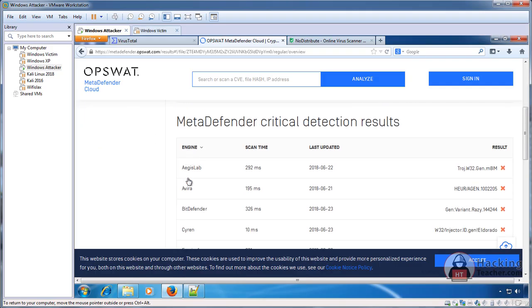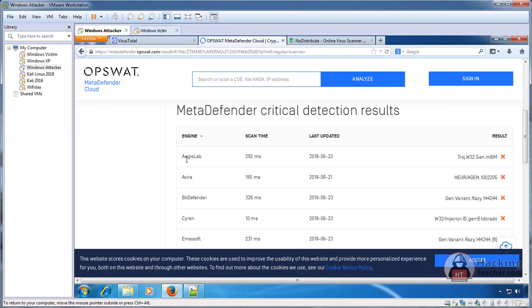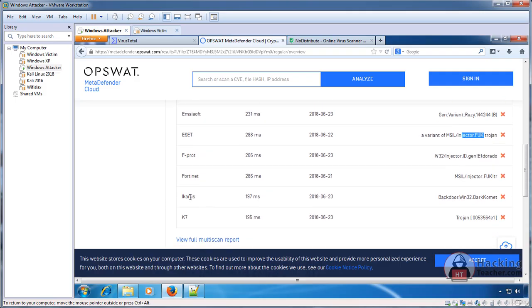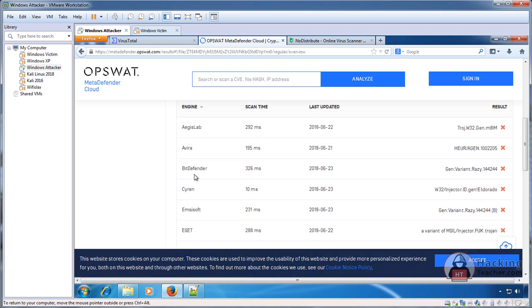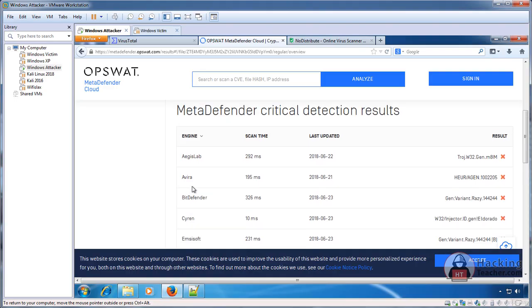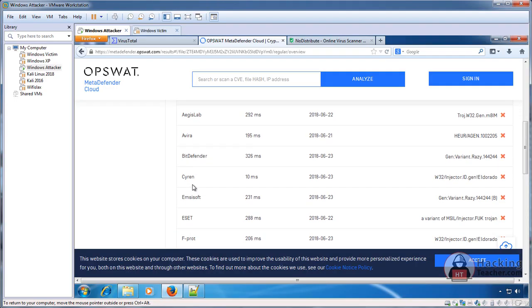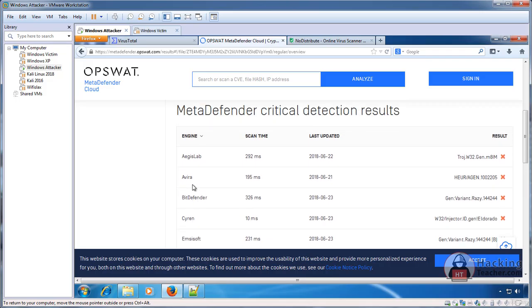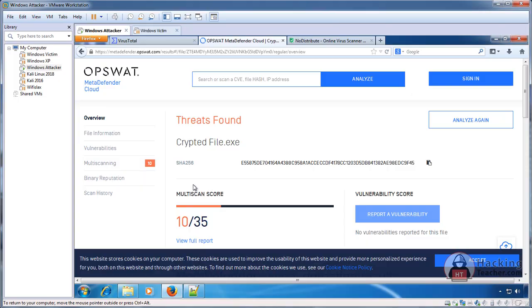maybe even 0. So if you see which ones are catching it, Avira is catching it as a Trojan, ESET is catching it, iChorus is catching it, and K7. So these are the 10 antiviruses which are catching it. It's strange that Kaspersky is not catching it, which I trust. According to me, Kaspersky is the best antivirus, and it's not catching here, which is very strange, but not a problem. So I hope you got an idea of how cryptors work, and now I think you'll be able